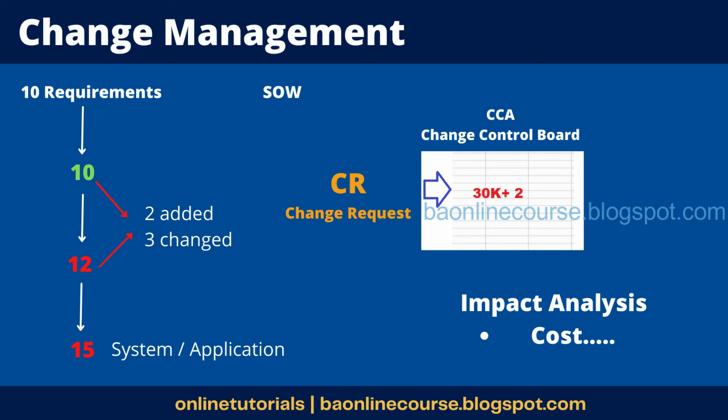Okay, so this impact analysis would be done with the help of the leads also, right? Because we would be coming to know from them how much time would be needed, and the architecture. Like I said, it's a joint exercise. You'll broadly check this with the technical architects and the project manager also, and then it would be a joint exercise. It's not completely your responsibility. Okay. So you'd also check whether it's feasible or not, whether it's conflicting with other requirements. So there are a lot of things that you would do as part of the impact. I'll show you the template and the change management plan. I think it will become more clear.